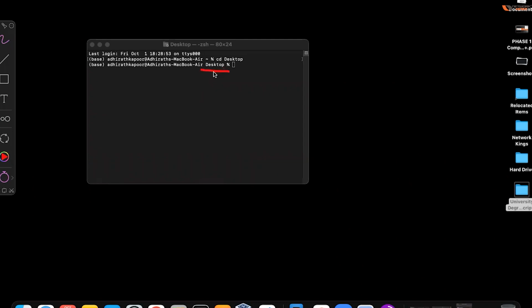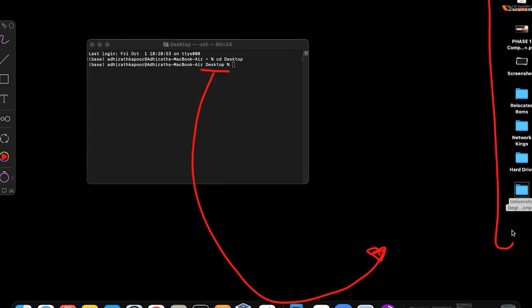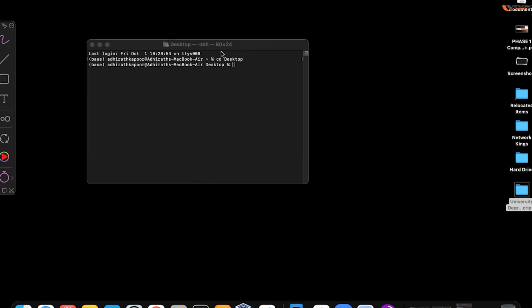This will actually make me go here. ठीक है, यहाँ पे this is my desktop, right? This is my desktop. ये सारा मेरा desktop है. So what I'm going to do here is I will go to the desktop, but via my command line interface. Then what will I do?